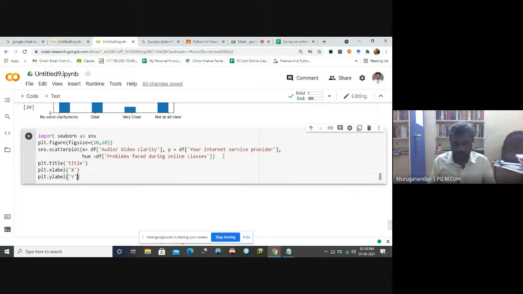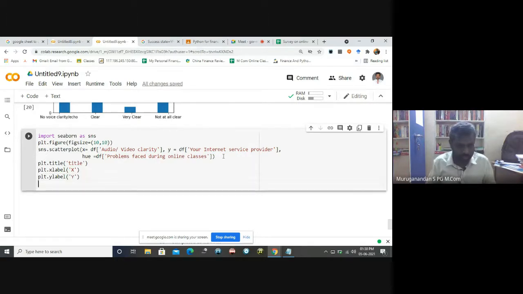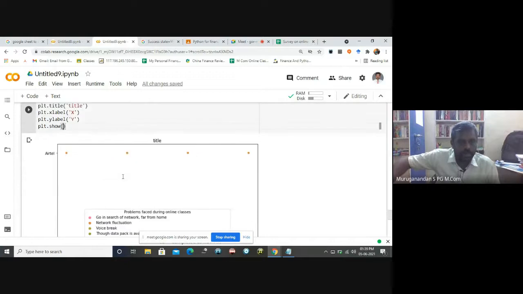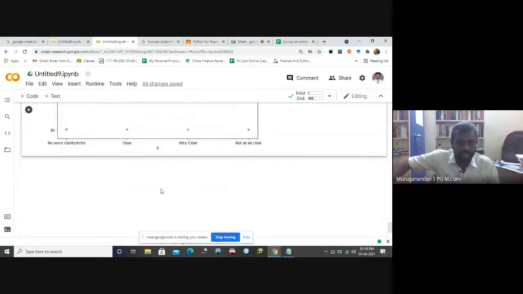I'm just using y as an example. And finally you can show the plot. Hope we are going to get the answer. Yes, so this is the answer we are getting.